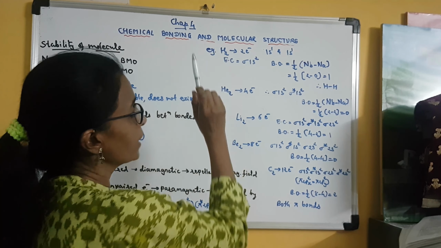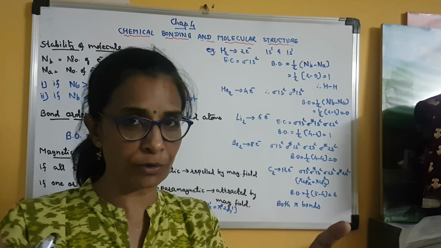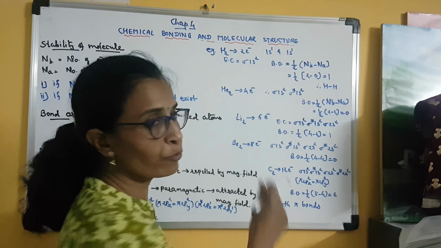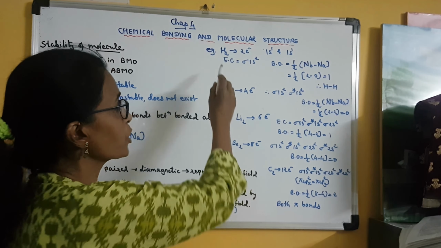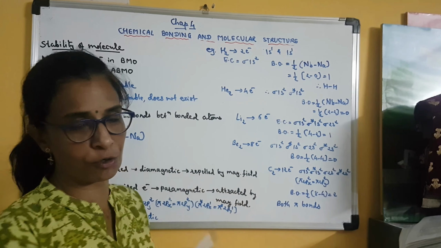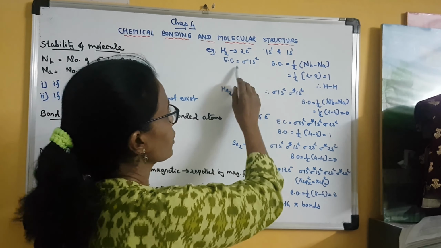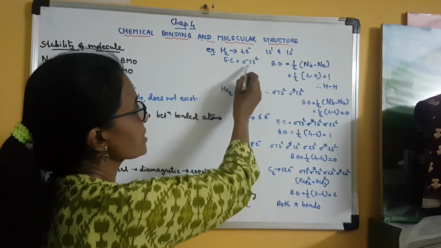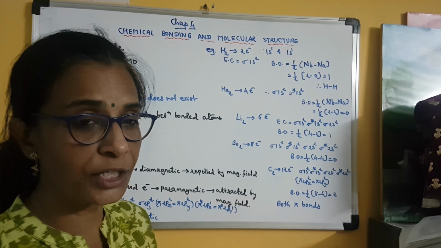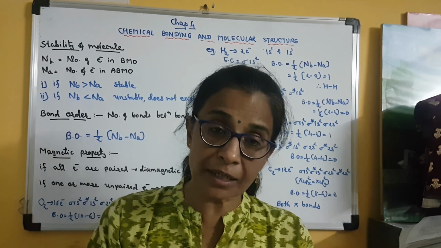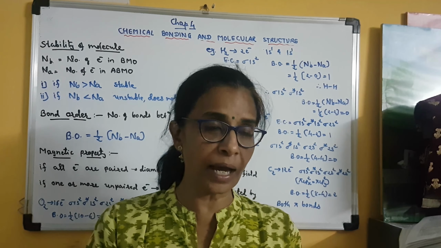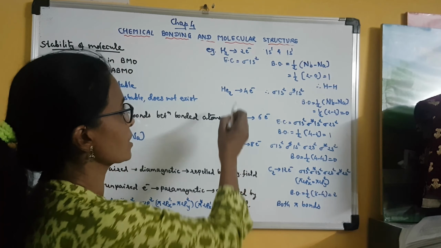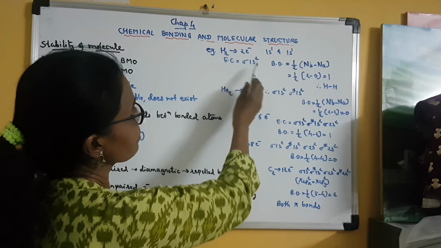So H2. Now H2 is formed by two hydrogen atoms, and each hydrogen has one electron present in the 1s orbital. Means when the H2 molecule is formed, there will be two electrons. Clear? So total 2 electrons are there. Now if I write the molecular configuration, then it is sigma 1s2. In the previous session we studied the energy sequence of molecular orbitals. So in that the s orbital comes first. Clear? Sigma 1s orbital comes first. So the electron configuration is sigma 1s2.